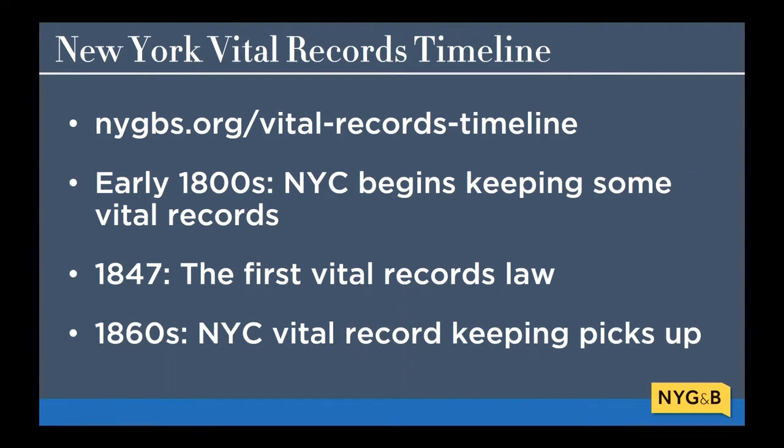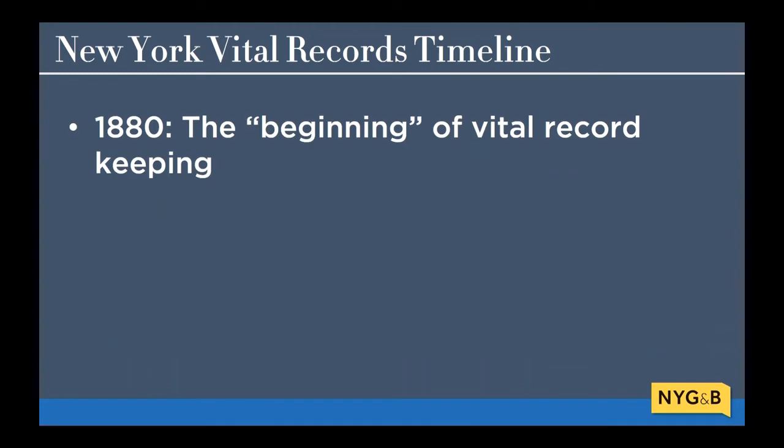So in 1860, New York City starts keeping track of vital records a little more thoroughly, and shortly thereafter, other bigger cities around the state, like Buffalo, Albany, and Yonkers, begin better record keeping as well. Then, in 1880, New York State took another crack at comprehensive reform. A Board of Health and Bureau of Vital Statistics was created that year, and they passed a couple more laws urging compliance around the state.